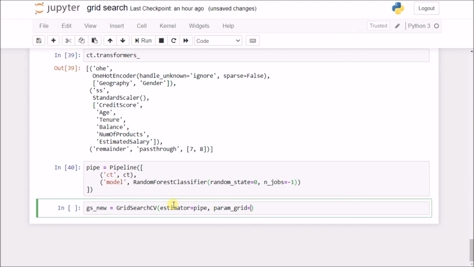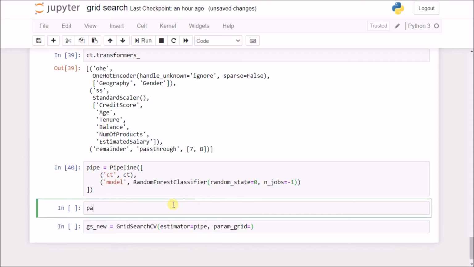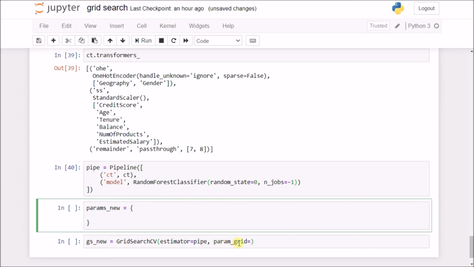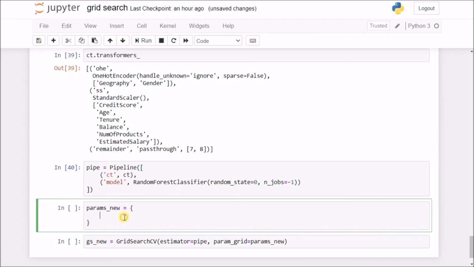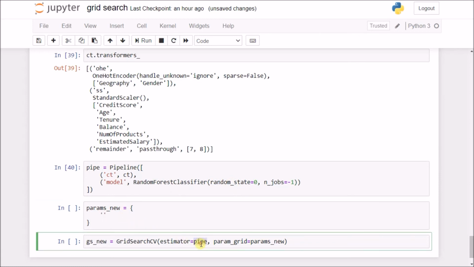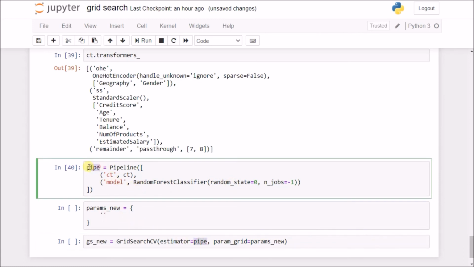Now what is going to be my param grid? I'll have to make it. So I'll name it params new, equal to a dictionary. What this params new will do is basically look into this pipe object, and try to find the random forest classifier. So after coming into pipe, it will look into the model for finding the random forest classifier.